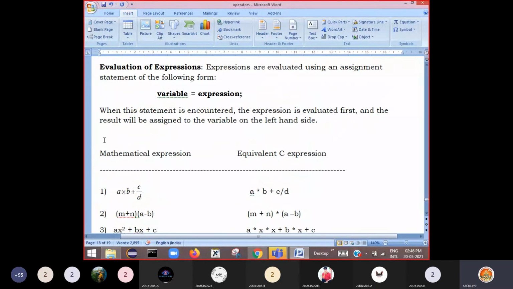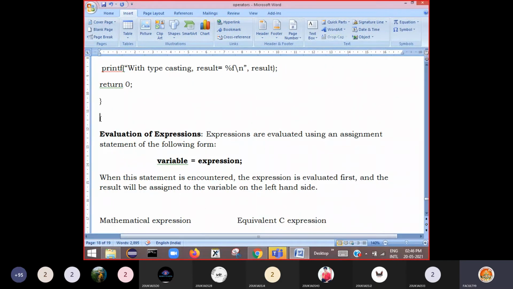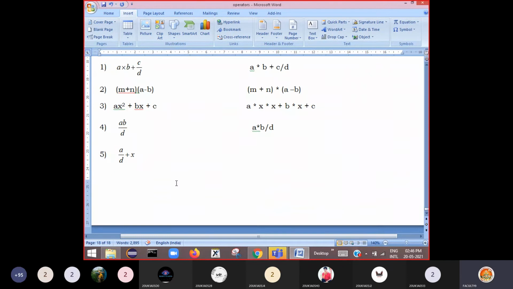It can be written like this in C, a by d, then plus x.